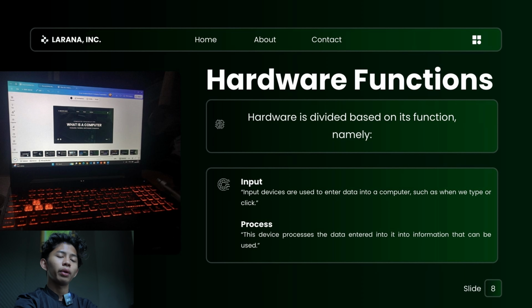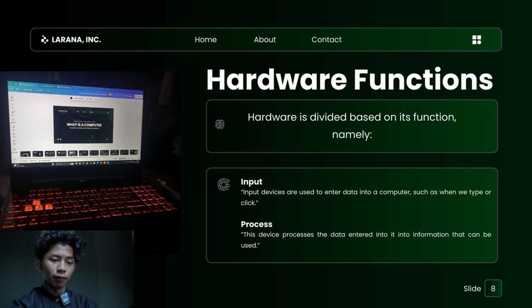Next, hardware function. Hardware is divided based on its function, namely: 1. Input. Input devices are used to enter data into a computer, such as when we type or click. 2. Process.